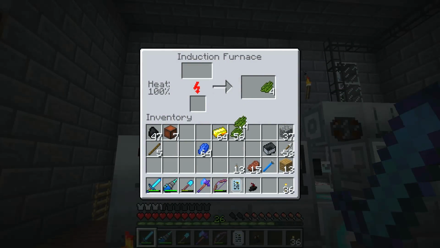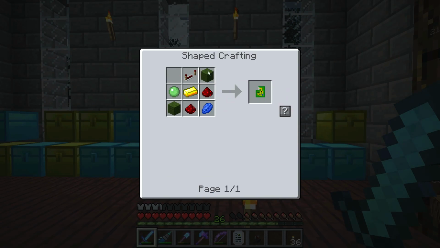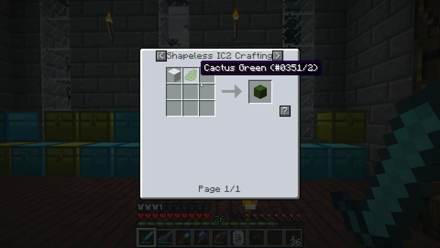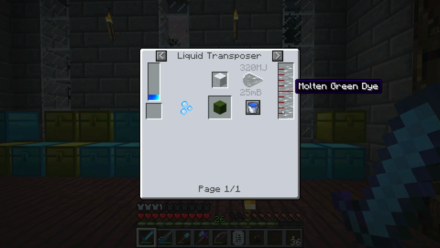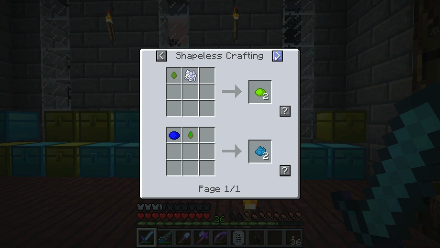Man, I'm actually really short on green dye. I need more switch motors, and they take green wool as part of their recipe. Let's see. So I should probably get some... oh, okay, now I'm curious. What about this liquid dye stuff? Okay, so 25 millibuckets of molten green dye in there. Yeah, so I can get bees that produce these forest drops. I have some that produce black dye for me. But yeah, I don't have a very good cactus farm or anything. Okay, so molten green dye. Let's see how much...